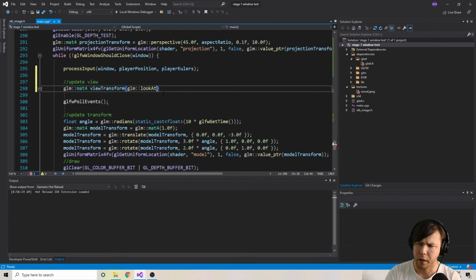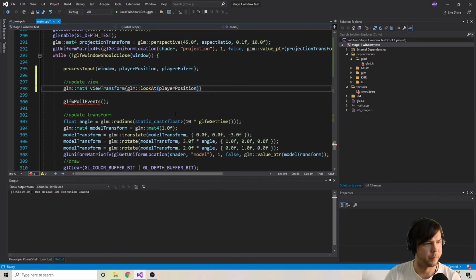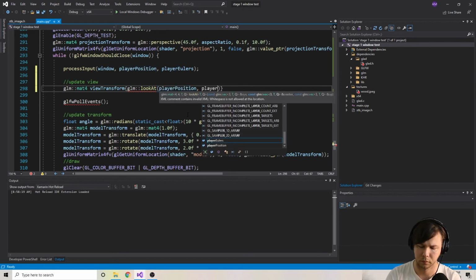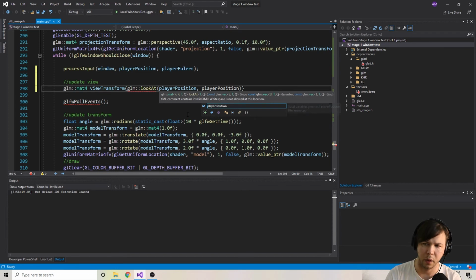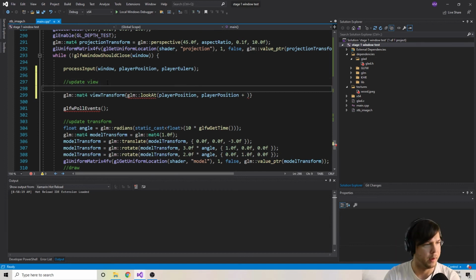Okay, so where are we looking from? We're looking from the player position. Now, where are we looking at? Well, we're looking from our position to our position plus a little bit. Now, we'll get this little bit by looking a radius of 1 away from the camera's eye. This is called a forwards vector. So we'll go